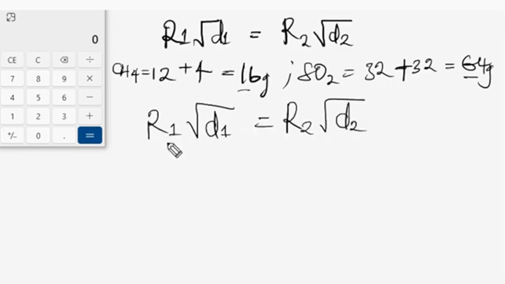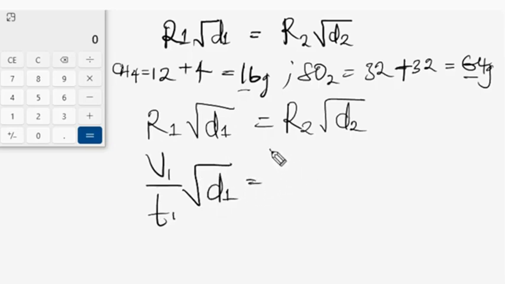But then guys, we're going to substitute our R to be V over T. So in this case, we're going to have V1 over T1 root D1 to be equal to V2 over T2